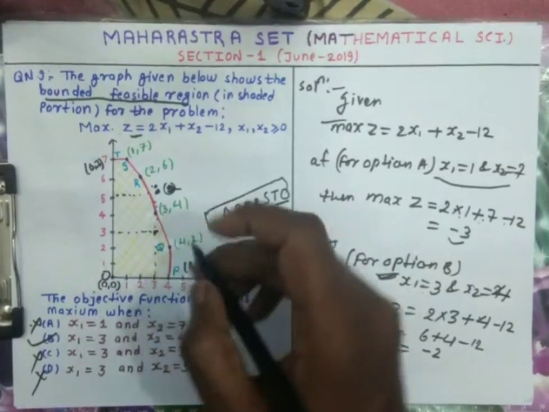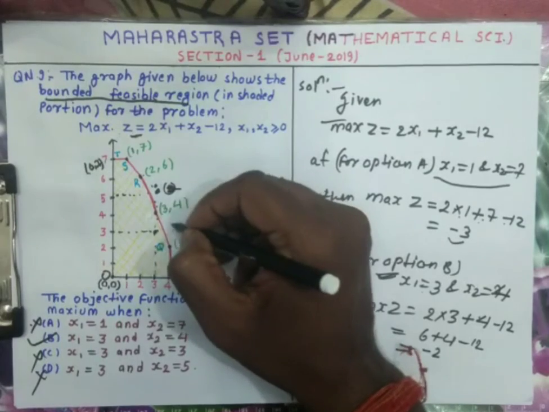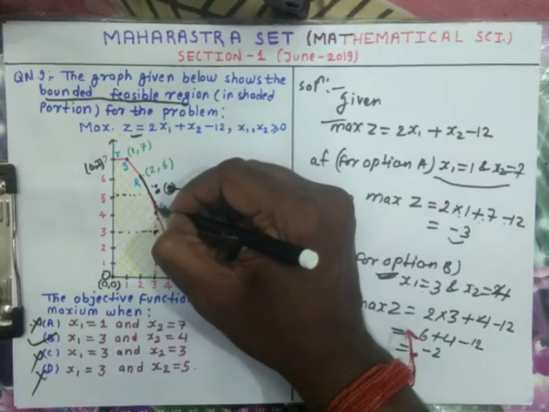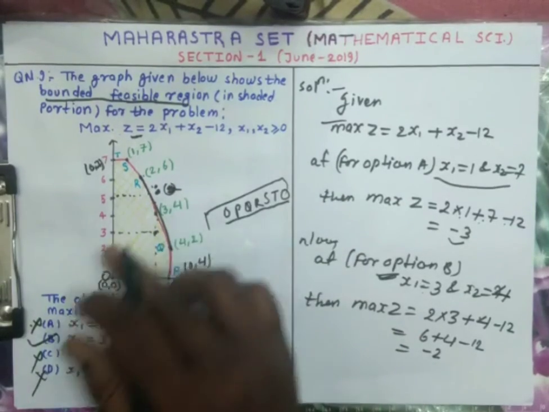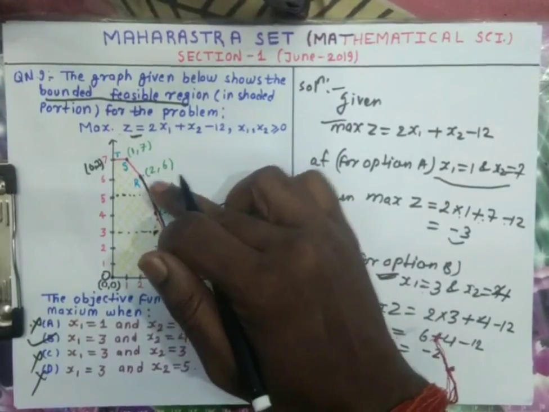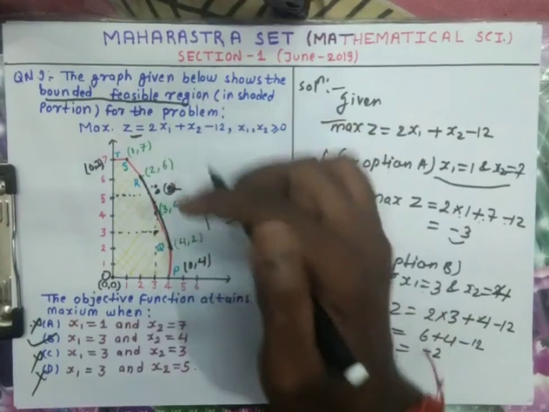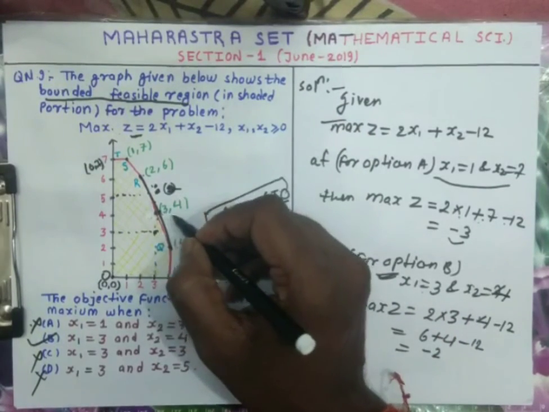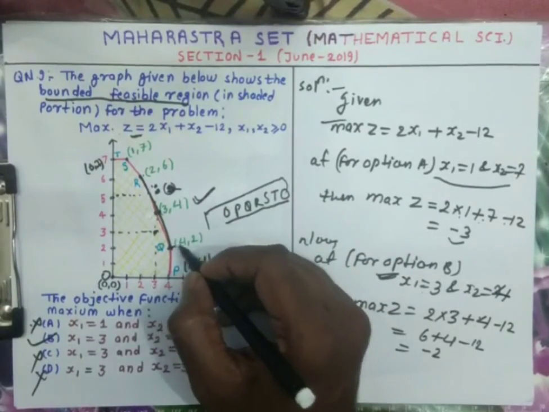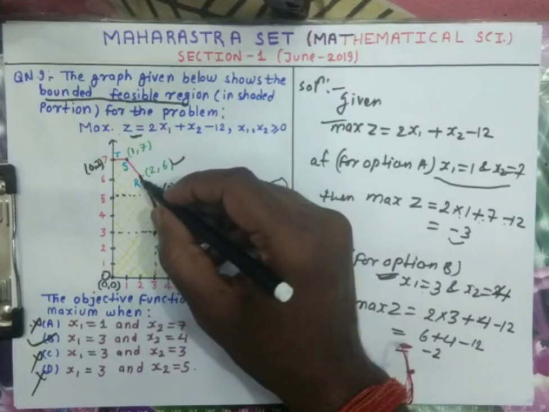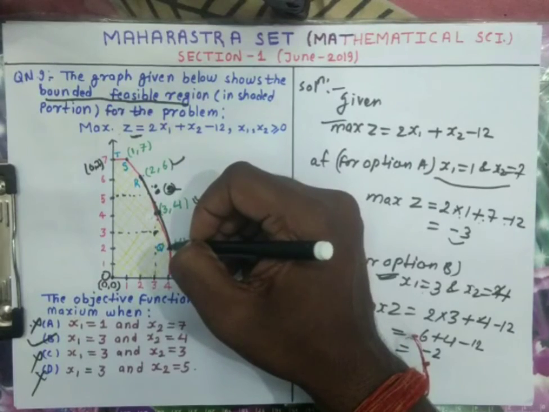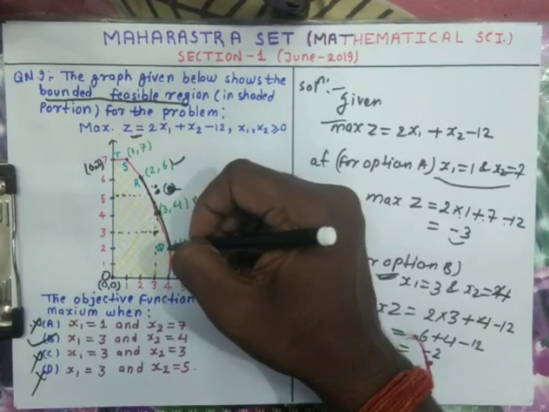One more thing about this question: the line from point Q to R is a straight line. If you draw this on graph paper, you will see exactly that it is a straight line. So if the maximum value is found at those points, then the maximum value is also attained at every point on the line joining R to Q.